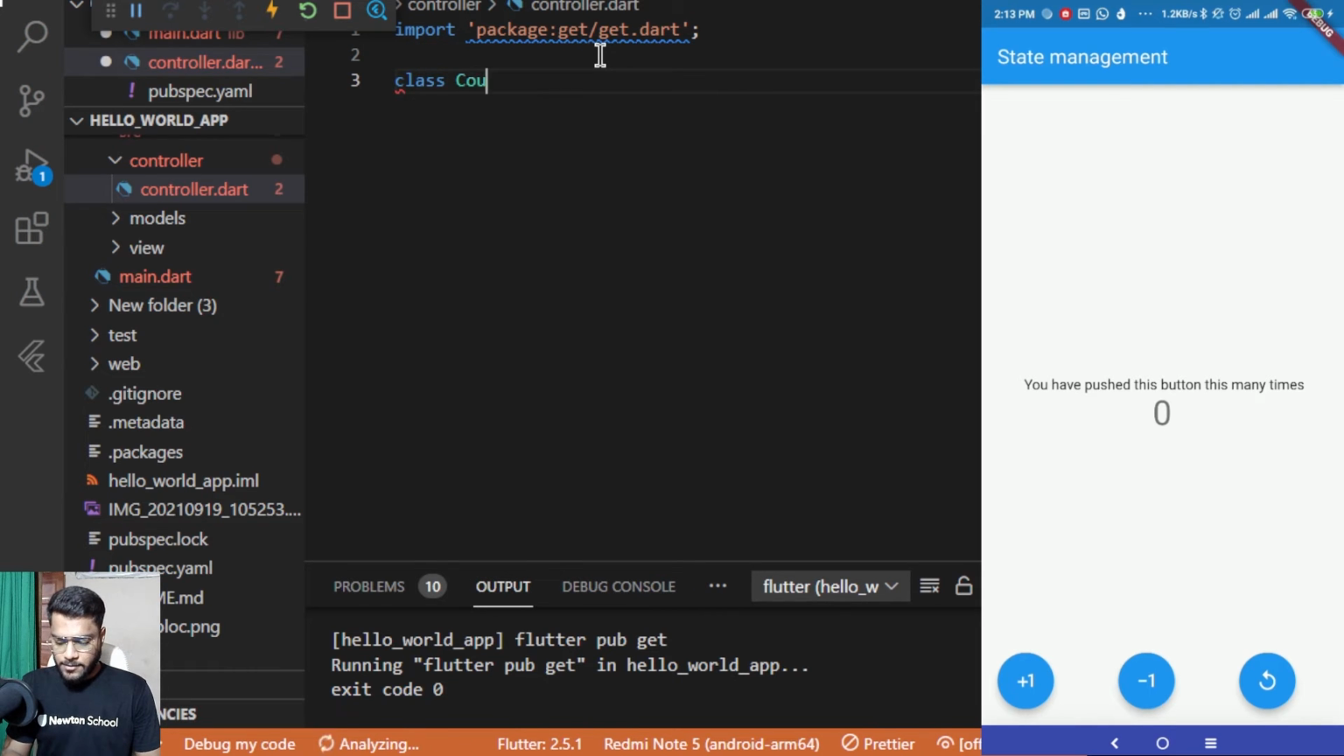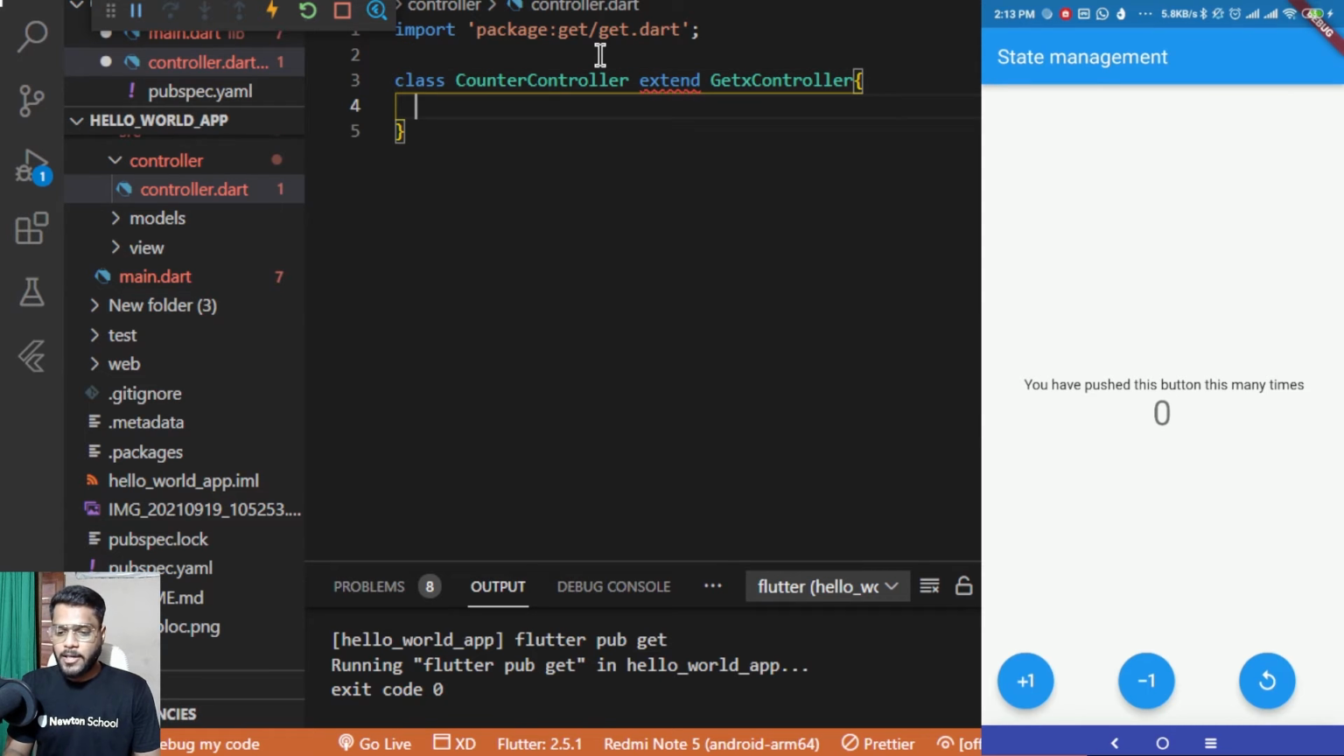So class CounterController, and it would be extending the GetX controller as I already spoke about. Inside this particular class we'll be having different functions or different properties. I'll call them functions because we'll be using them for performing various different operations like the increment operation, the decrement operation, or the reset operation. But for performing those operations we need a variable as well. So I'll be making a new variable with the name count with the value as 0,